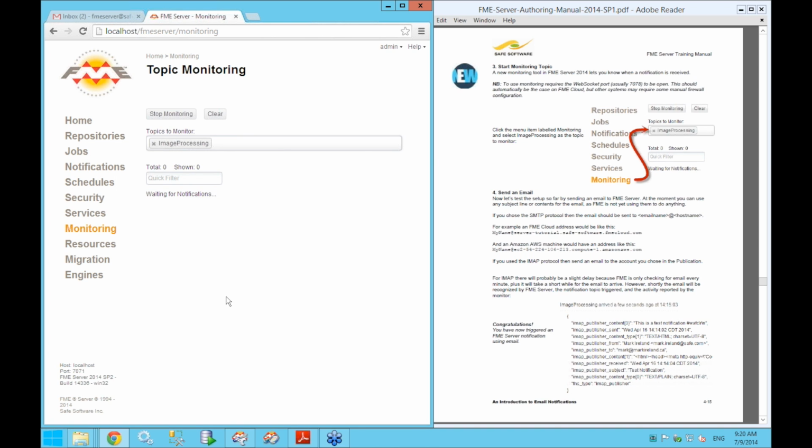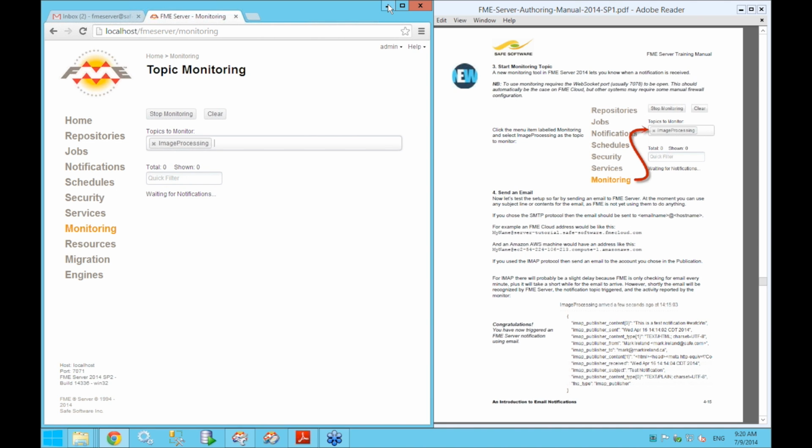So next what we want to do is actually send an email directly to our server. So if you remember your username, what we want to do next is actually get the rest of the address. So since we're using Amazon machines and each of ours is different, it's not going to be the same address as in here, but it'll look similar. So to find the address for your Amazon machine, what you need to do